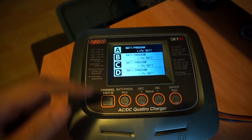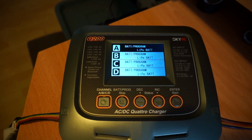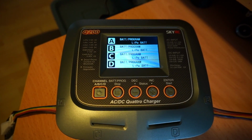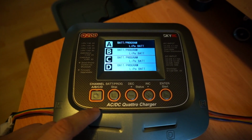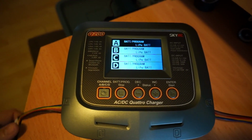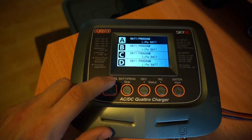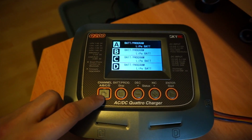Okay, now they're all set up for LiPo program, and I'm going to plug in a battery, and well, let's just do the menu first. So channel A, we're on channel A, that's this side here, and we'll set this one up for my new 4-cell battery. So enter,